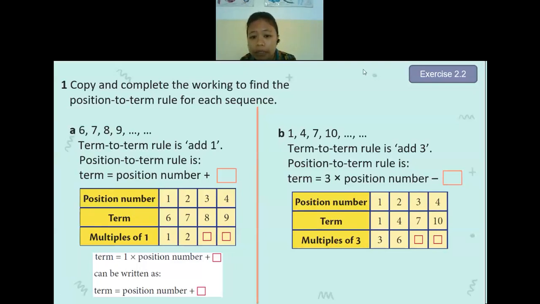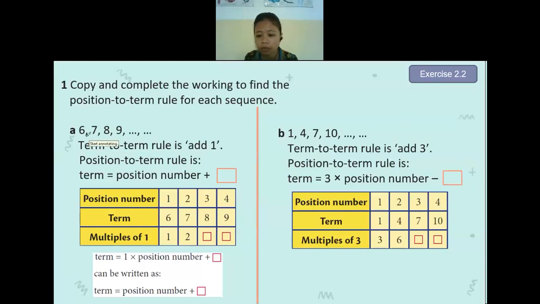Yes? Who is Liz? Sorry, wait, I did not check the attendance. Someone named LYS. Yeah, it is a grade 9 student. I will have class with him later on. Maybe he joined the class too early. Okay, thank you for telling me. Okay, is it okay if I continue to question 1A?